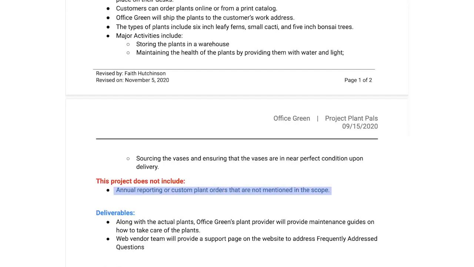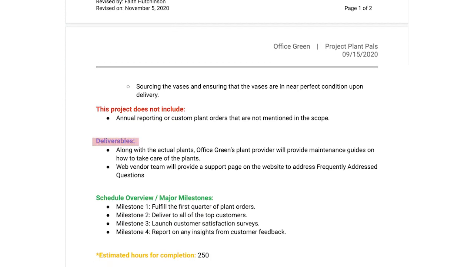For instance, you may write that the project doesn't include annual reporting or custom plant orders that are not mentioned in the scope. This helps draw clear lines and sets the right expectations with the vendor. For deliverables, you'll want a concise statement about what your project will deliver. For example, your Office Green project deliverables could include the vendor providing maintenance guides on how to take care of the plants, or that the vendor will be responsible for developing a support page on Office Green's website to address